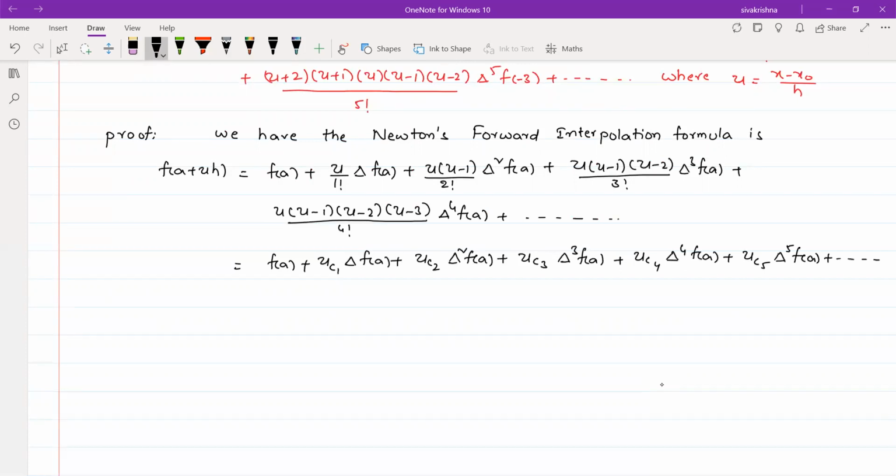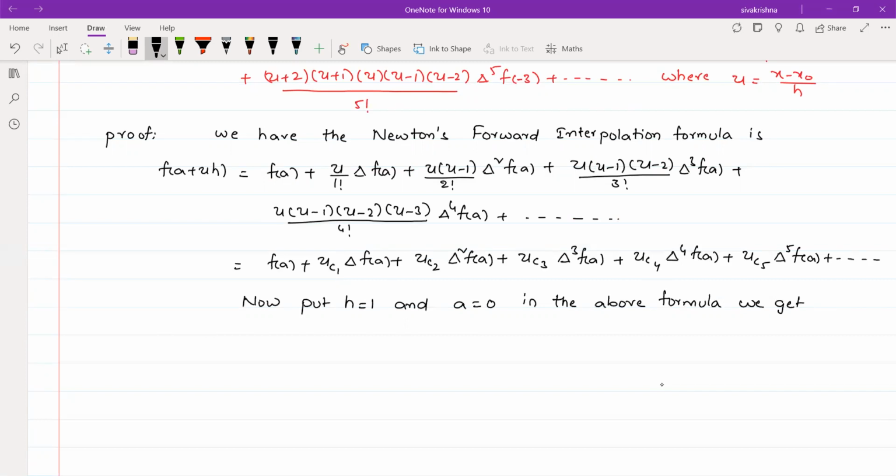Okay, so in this formula now we have to put h is equal to 1 and a is equal to 0. So we have to put h is equal to 1 and a is equal to 0 in the above equation. Okay, then we get, in the above formula, we get,